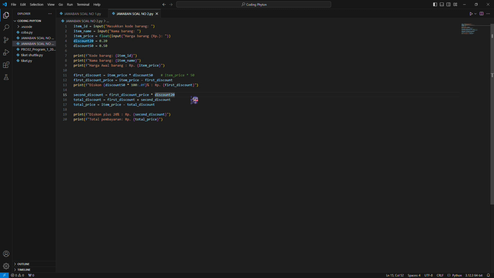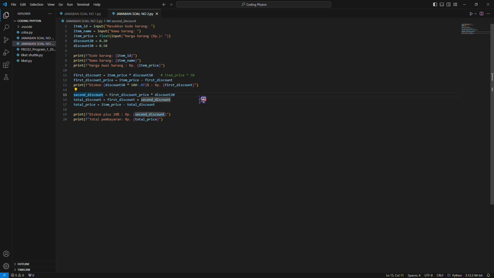Okay, lines 15 to 20. In these lines, the program calculates the second discount by applying the 20% discount, stored in variable discount20, to the price after the first discount, and this value is stored in second discount.